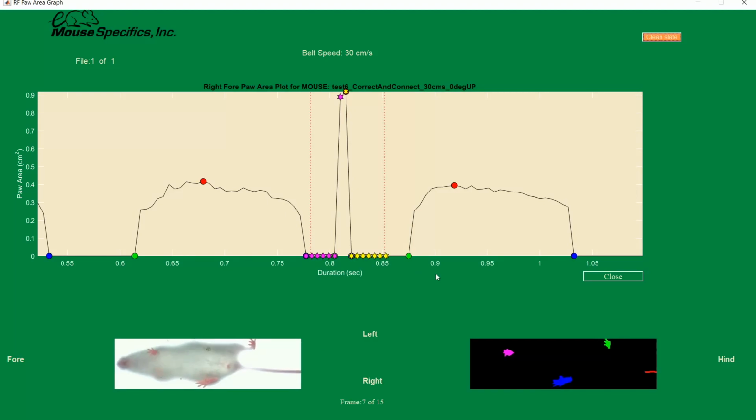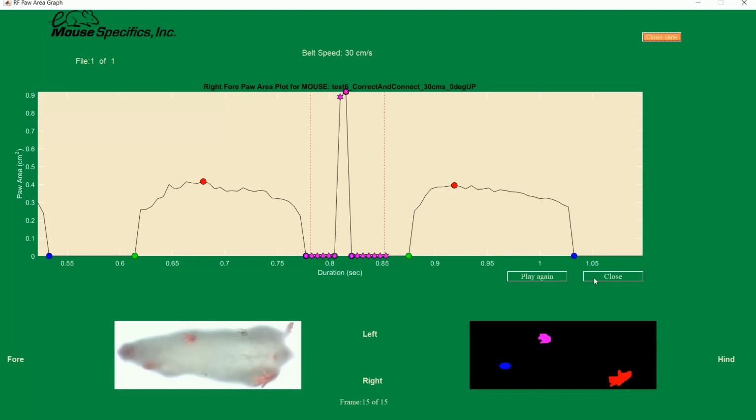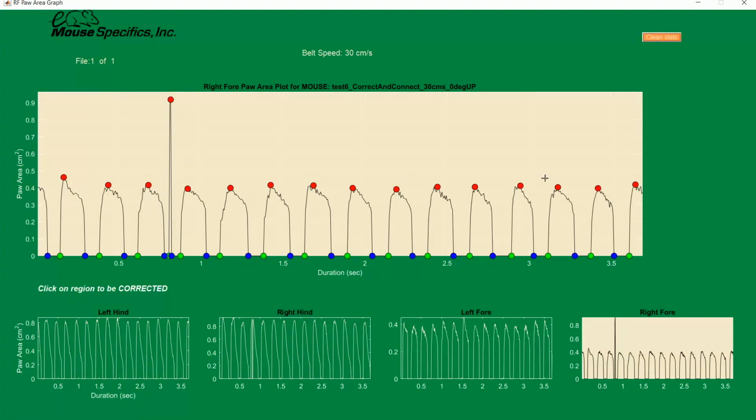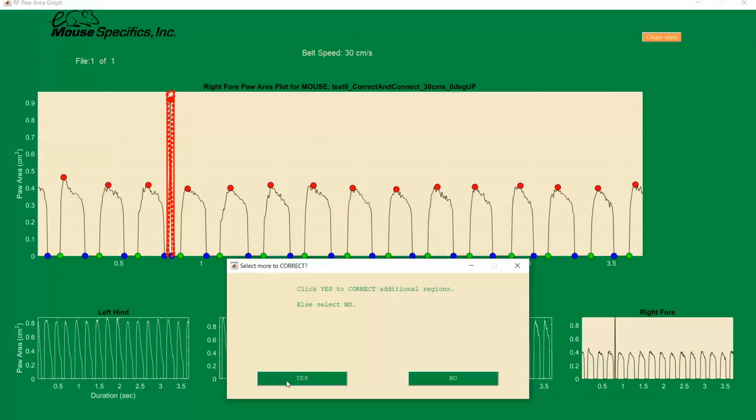For a false peak, we will want to edit this and change the graph from the stance phase back to the swing phase that we saw in the raw video. To do this, we'll use the correct editing feature. To edit this noise, we're going to close out of the play video feature and then click on correct. Then we'll click once to zoom in on the area of interest, and then click once to the left of the green dot that begins the false peak, and once to the right of the blue dot that ends the false peak. This highlights the noise and indicates to the software that we want to change this from stance to